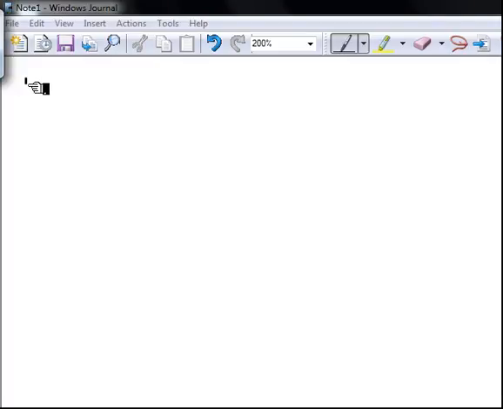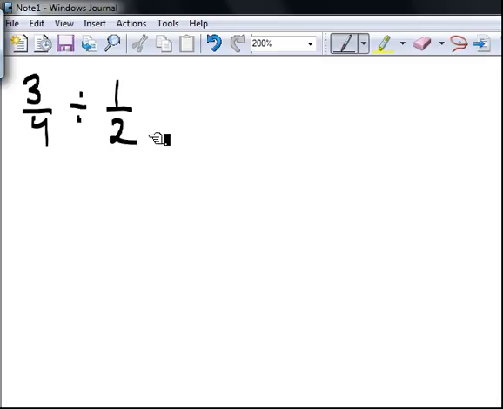Let's talk about how we can divide fractions. So let's say we have 3/4 divided by the fraction 1/2. So the trick is that we always can write